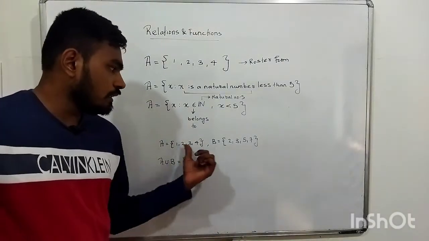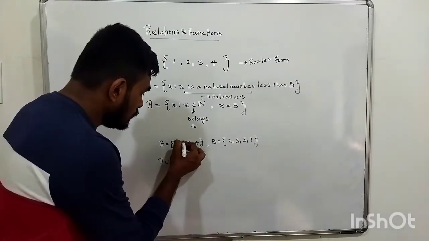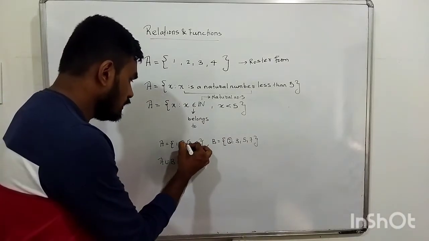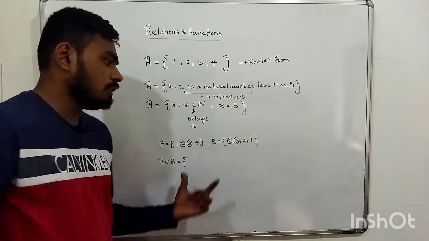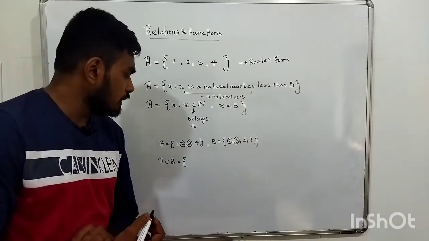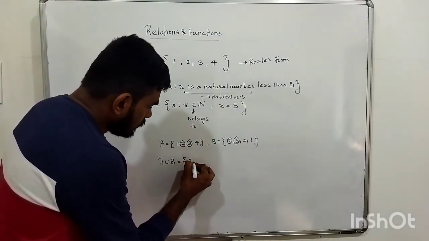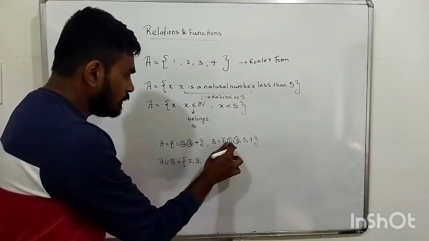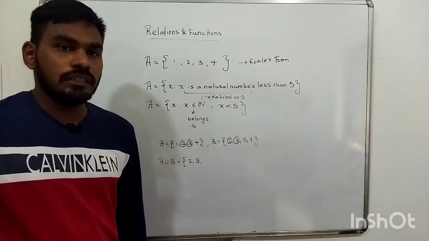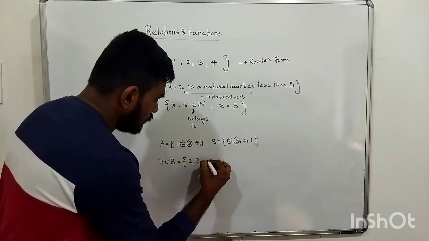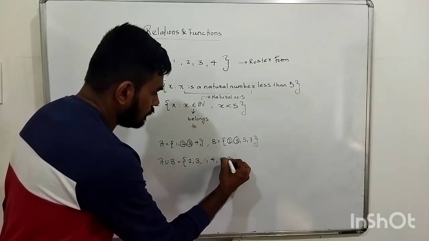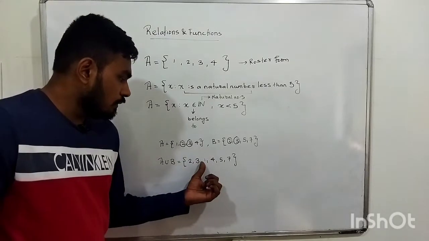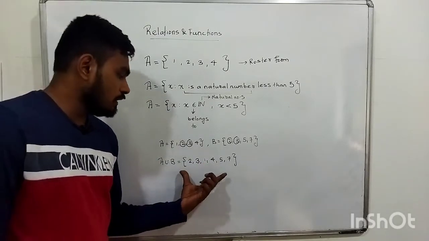First of all, we mark the common elements from this. So this 2 and 2 here. Okay. Similarly, this 3 and this 3 here. They are common in both the sets. Okay. After that, we just write common elements first, and then write the remaining elements. So 2, 3 we marked. Those I wrote here, and then the remaining elements we can write 1, 4, 5, 7. This becomes A union B. You can arrange it anyhow. You can write 1, 2, 3, 4, 5, 7 also. Arrangement is not important in sets.